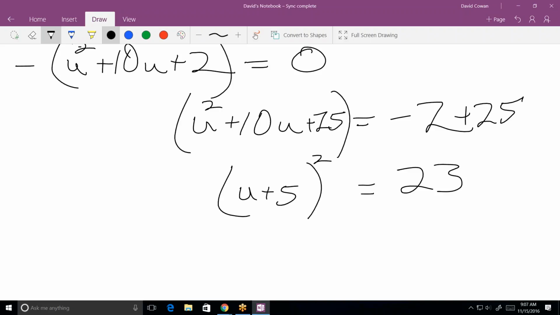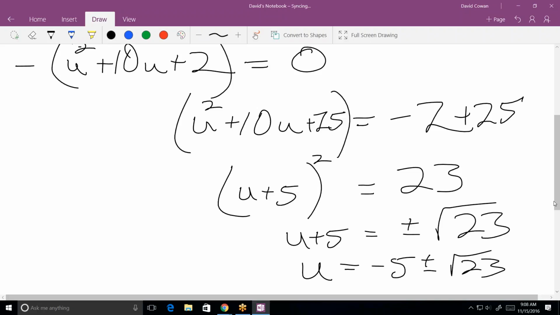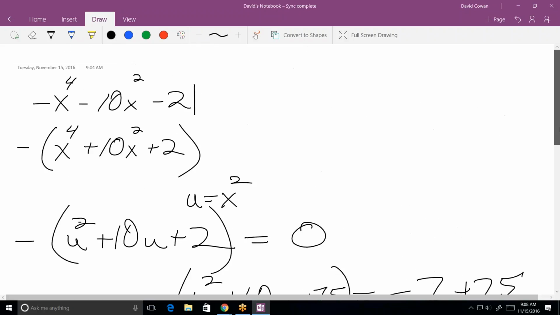Now it's relatively easy to solve for u. Take the square root of both sides. Subtract 5 from both sides. And there's your solution for u. Why u? Well, because what I started with was a quartic. And you're not used to, and what u is x squared. So if x squared is equal to this solution, then